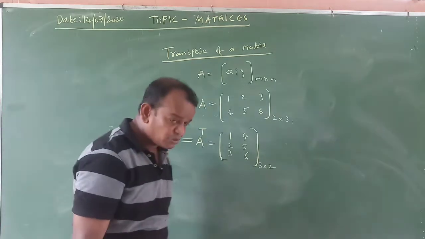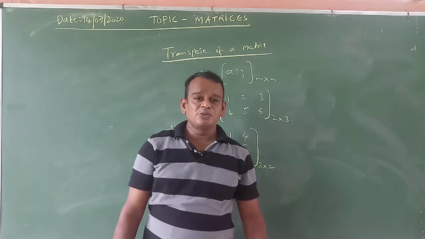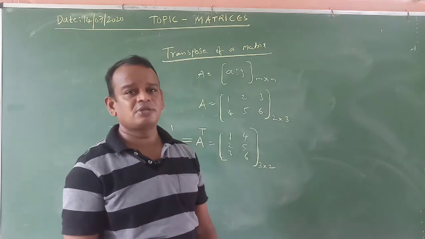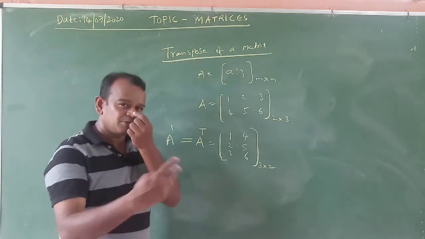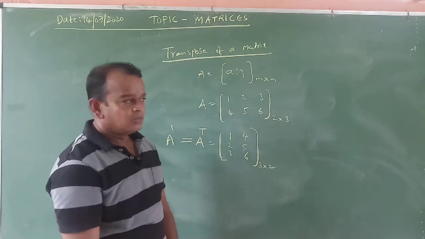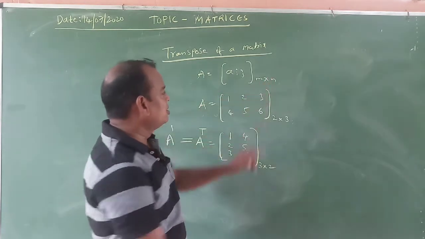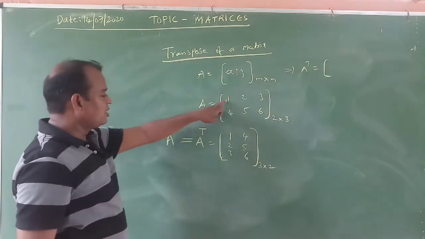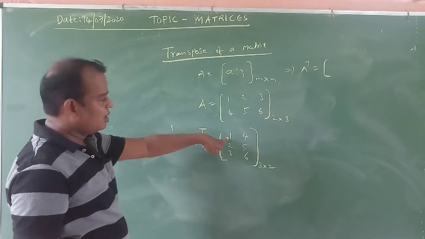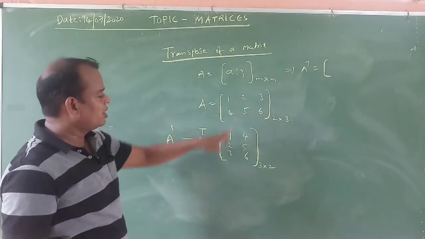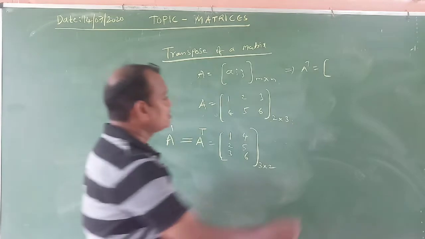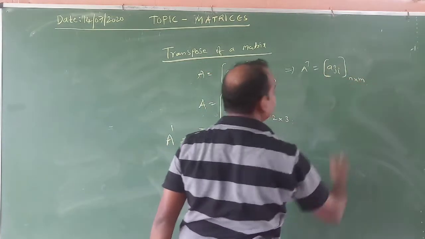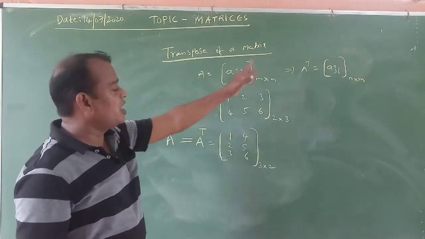What is the definition of the transpose of a matrix? It is obtained by interchanging the rows and columns and vice versa, that means columns by rows. Now A is equal to Aij of order m by n. Then A transpose must be of order n by m. A11 stays A11, but A12 becomes A21, so the suffix also changes, where Aij equals Aji.